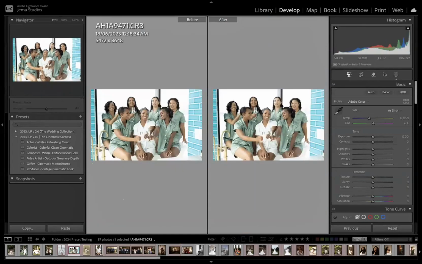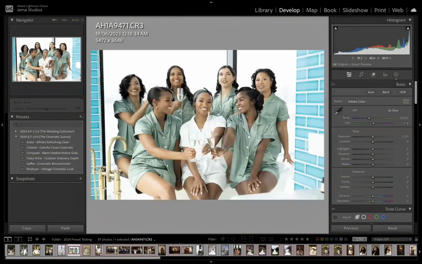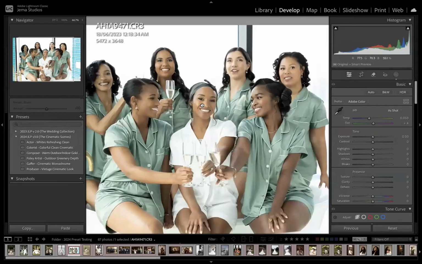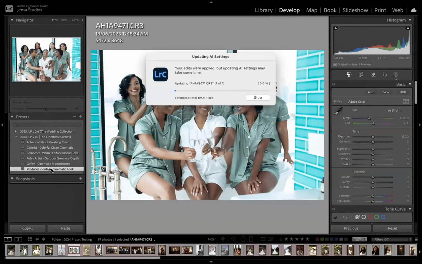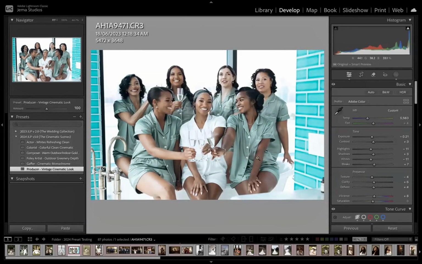Okay, let's move on to the next image. This particular image is also something similar to what we saw in the previous image, where we have this strong backlighting. However, we also have the subject and some skin tones to work with. So we can play around. Let's see what you guys said. The producer, wow, it really does something to the image. I think it's quite impressive for what it does to the image and the kind of mood it gives to the image. Probably let's try